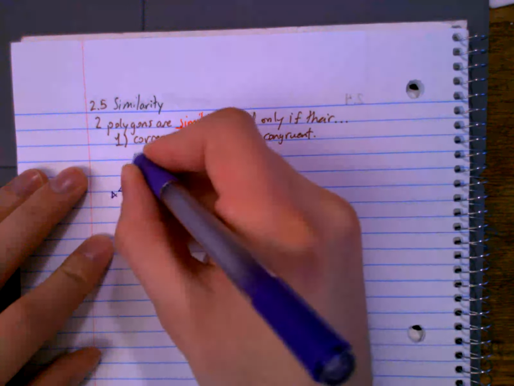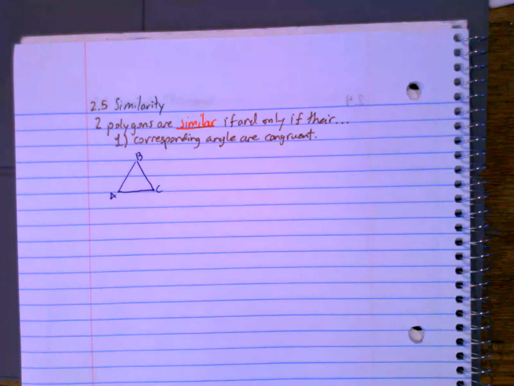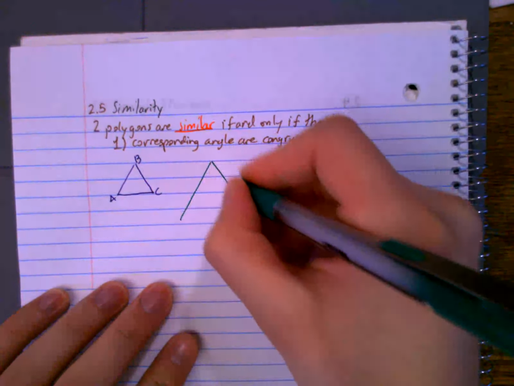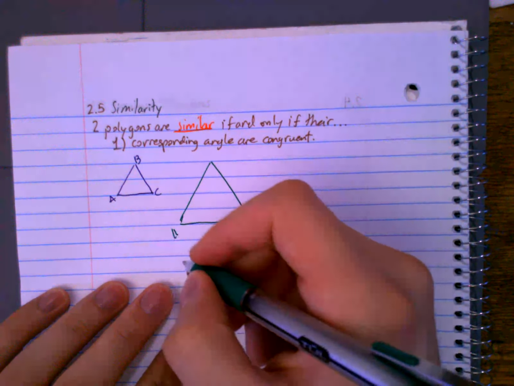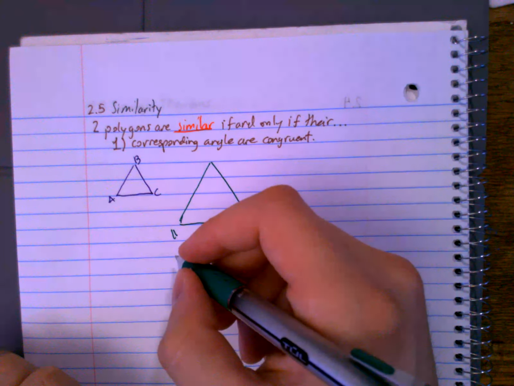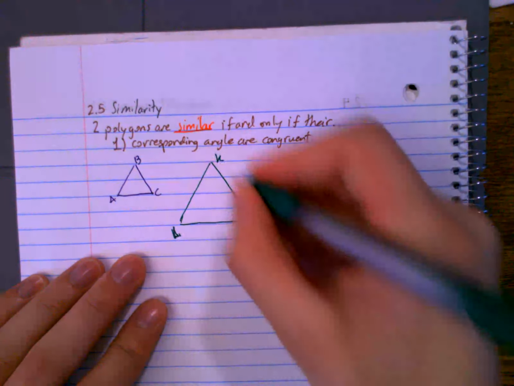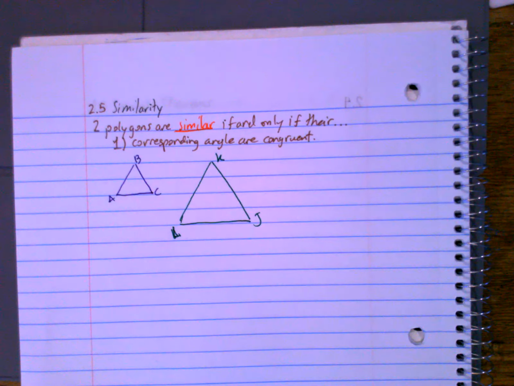Let's say I have triangle A, B, and C, right? And then let's say I have another triangle in a totally different color. Dark green. There it is. Okay. It's even bigger. This triangle. Give me 3 other letters. I don't care. KJ? LKJ. Okay? Now, that's an L down there, sorry. And I say that